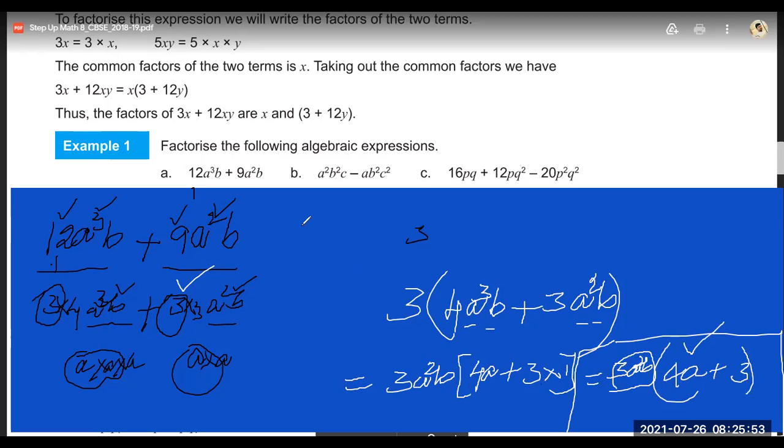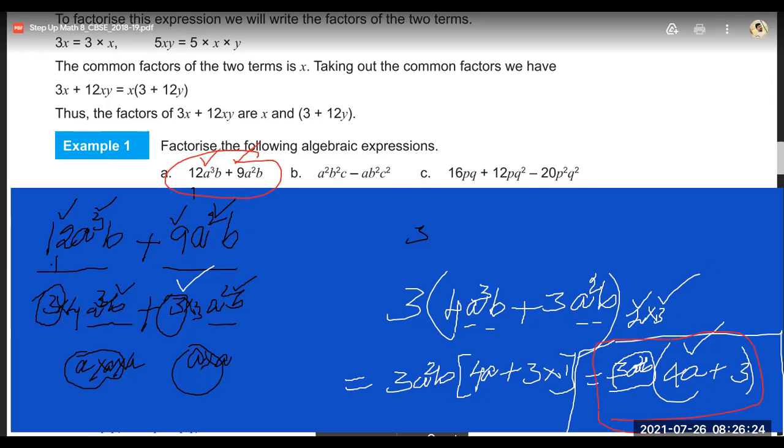The given single expression, which is of 2 terms, is now factorized as a product of 2 terms. It's just like writing 2 into 3. When we write in the product form, there are 2 factors. But here, in the given expression, they are not factors. They are simply terms. These are the 2 terms. By taking some factors common, we have written the expression in the form of a product. So this is how we can factorize the given polynomials